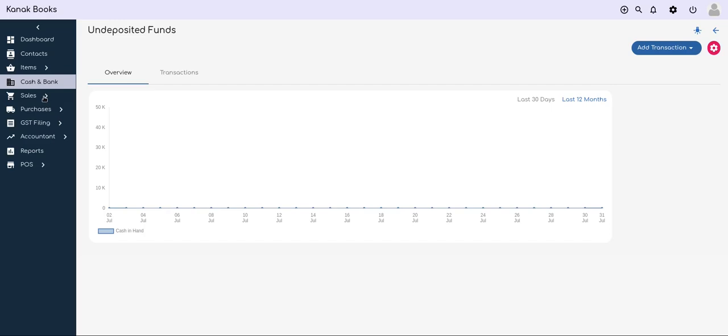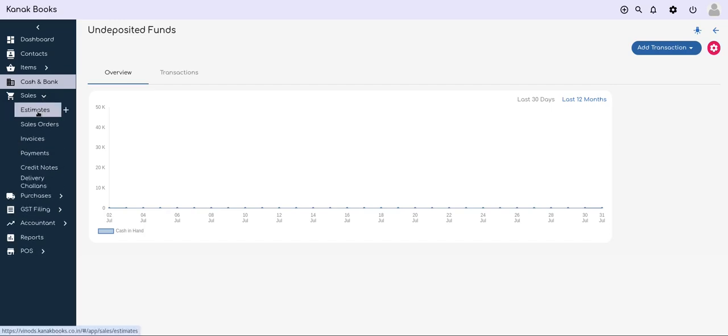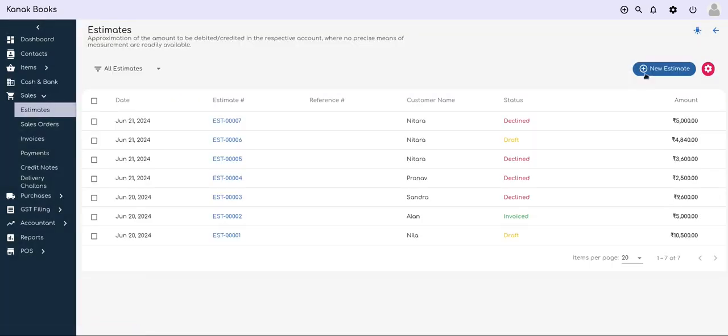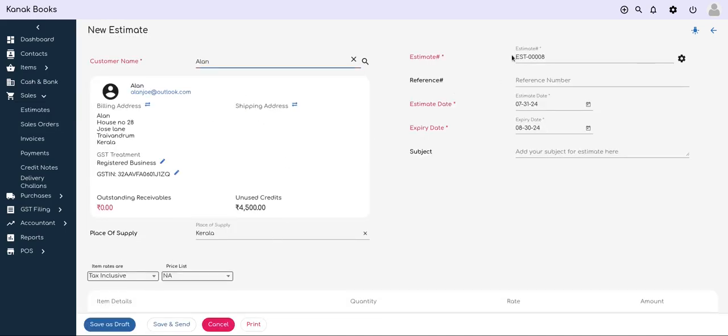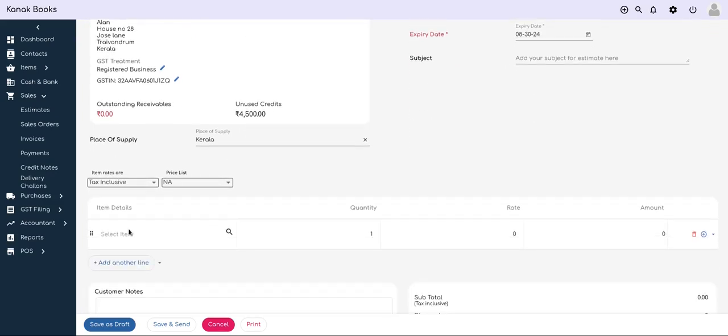Sales menu handles all the sales-related accounting operations, which involve creating estimates or quotations, sales orders, invoices or bill of supply, tracking payments received and refunds, return of goods via credit notes, delivery challan, and debit notes. Let's check on estimates to see how sales and purchase transactions generally work. Creating sales or purchase objects could be as simple as selecting the customer or supplier, adding the items you want to sell or buy, and saving it.